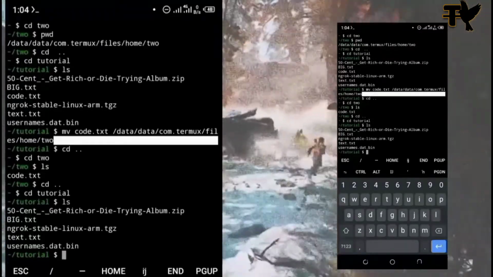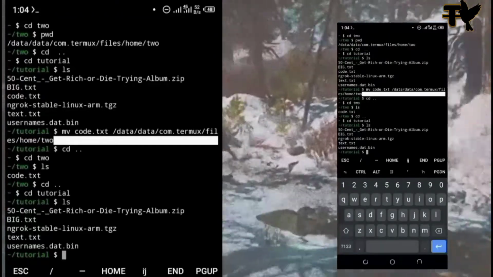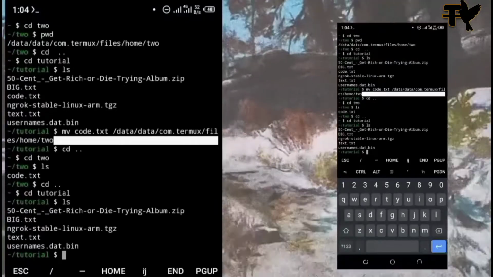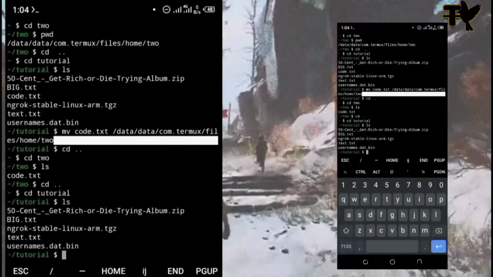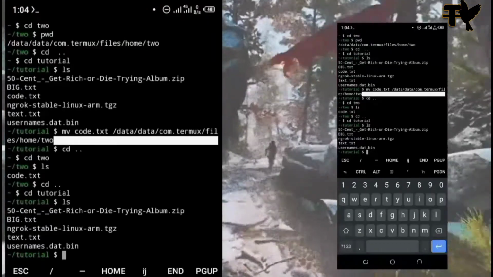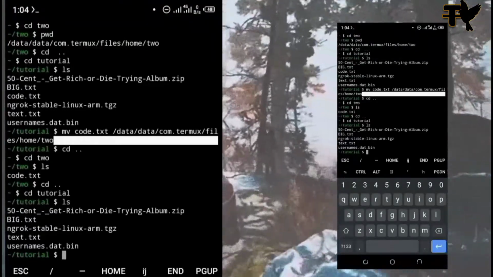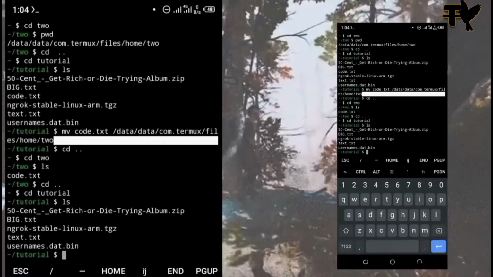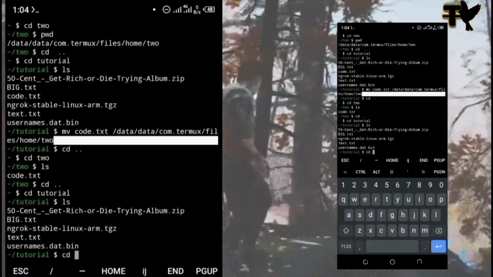Okay, so now if you want to move a directory from one folder to another, what I'm going to do now is I want to move folder 2 from the home directory to the tutorial directory. Alright, so to do this, I'm going to just cd